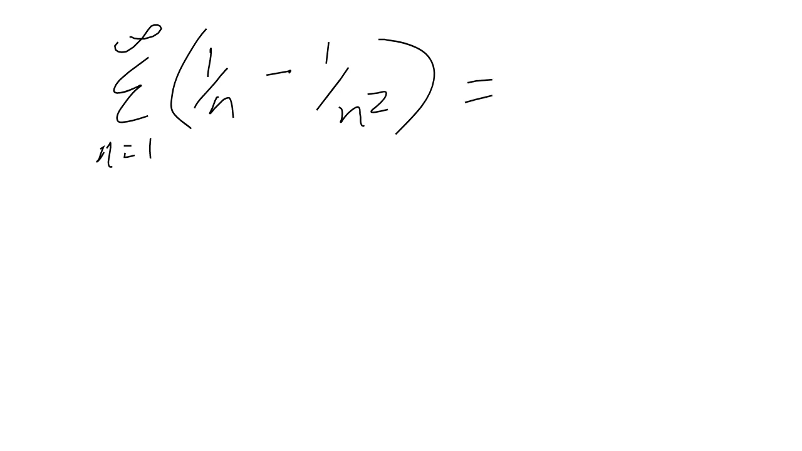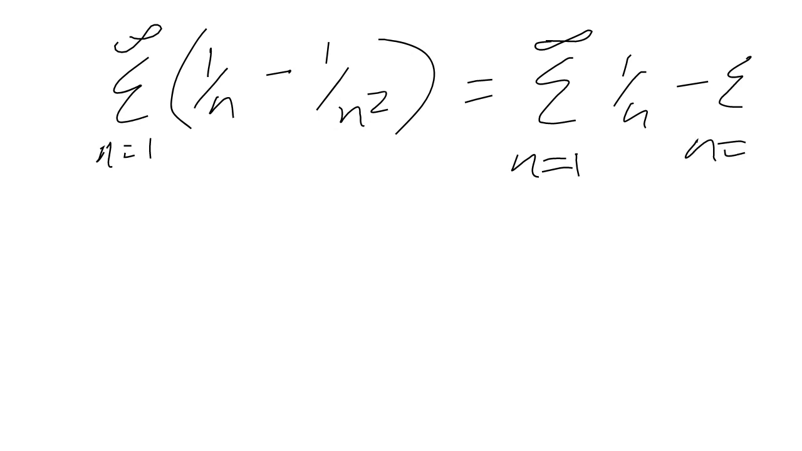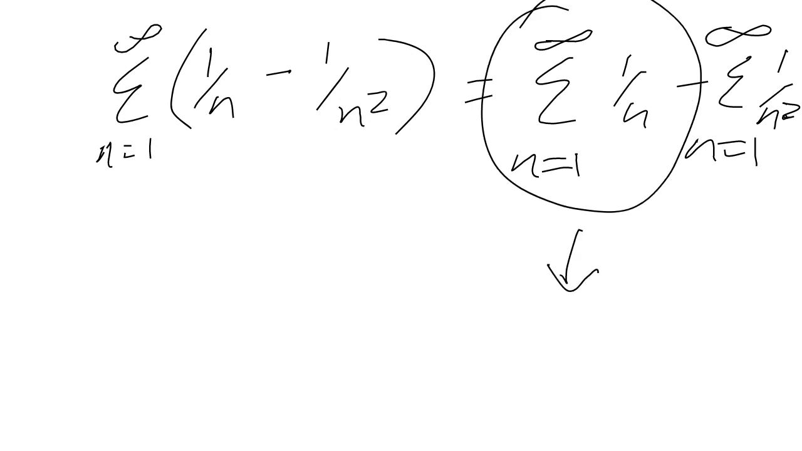Basically, we can say this is equal to the sum n equals 1 to infinity of 1 over n minus the sum n equals 1 to infinity of 1 over n squared. What we know here is that this one actually goes to infinity. The question would be, as long as it's not infinity minus infinity, which is indeterminate, if I have 1 over n squared, then that is,